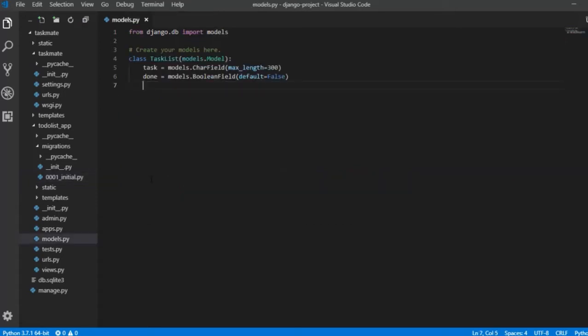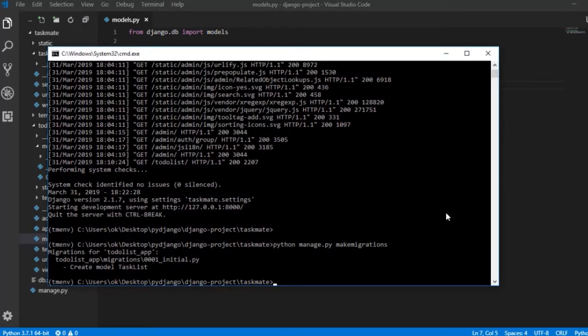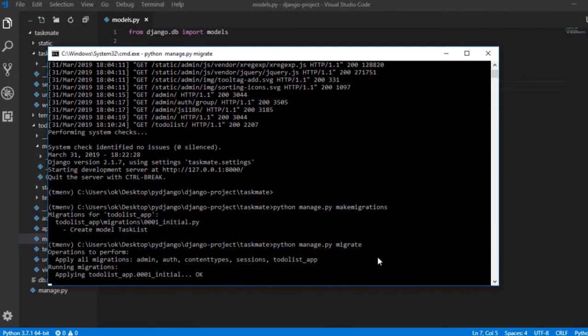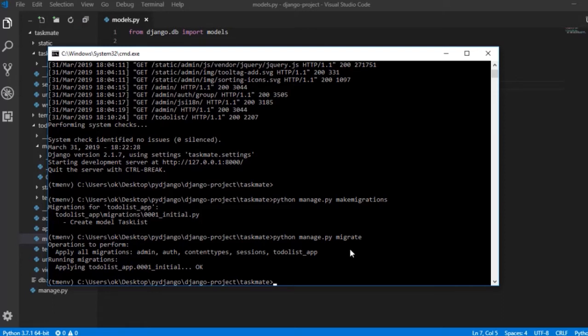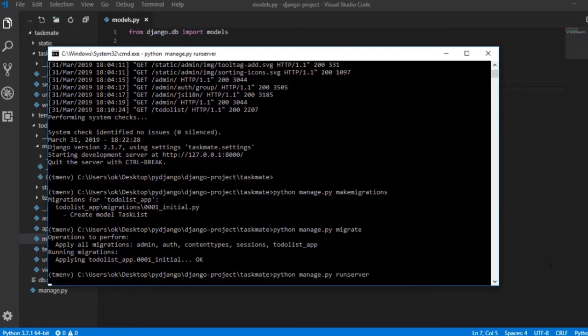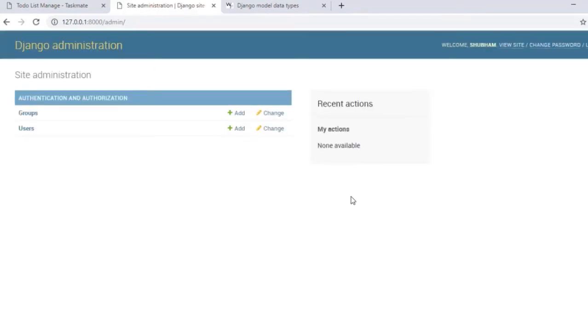The second step is we need to apply this code. The first step was used to create this file. The second step is to apply this particular code with our Django project. So all you have to run the command as python manage.py migrate. That's done. Now we have this field in our database. So let me run my server and open my Django admin panel. You can see we created our migration.